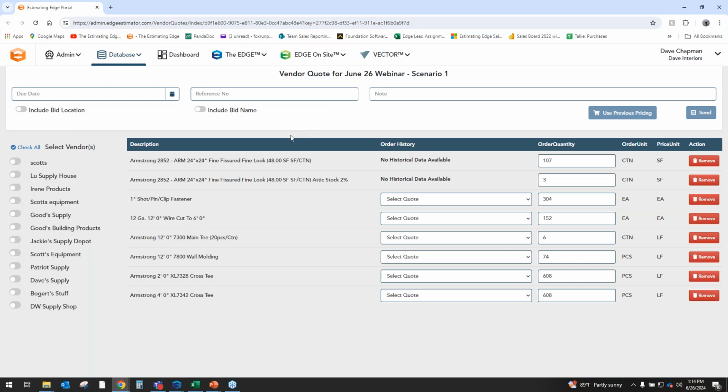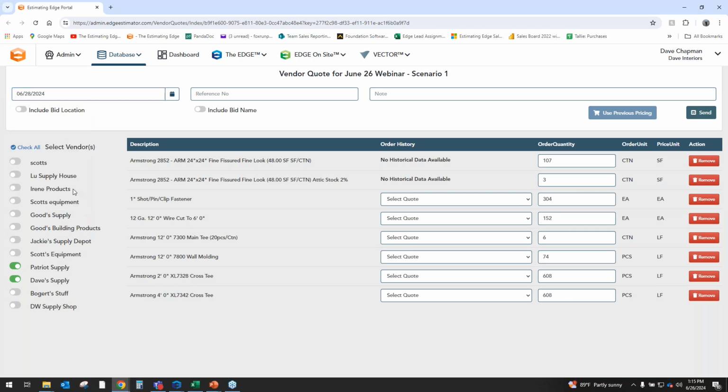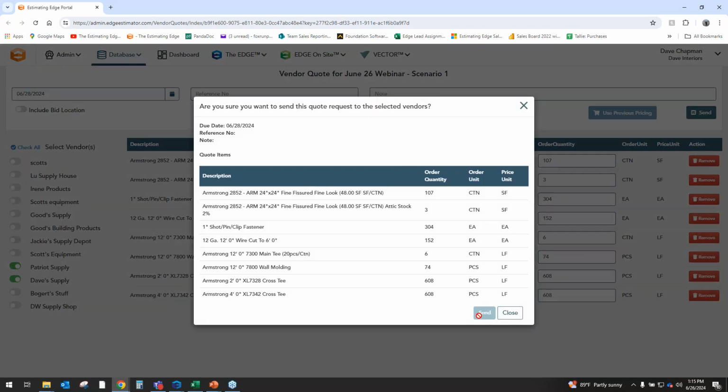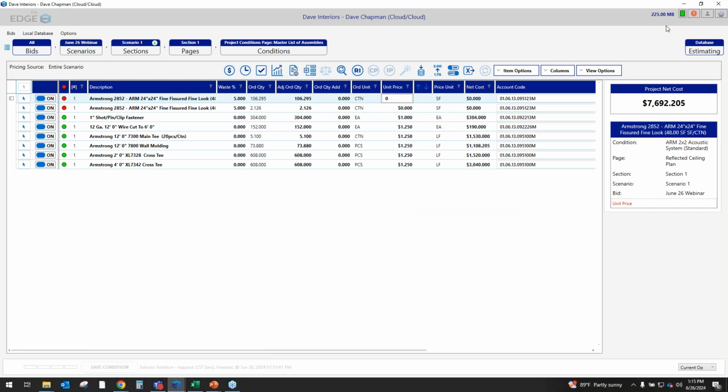I'm using Chrome at the moment, and this will allow you to select different suppliers that you want to get quotes from. Say, hey, I want to get quotes from these 2 suppliers, and I need the numbers by Friday. All right, you can send this out, hit send, boom, shoots an email to your suppliers. They get it, whether they're checking their mail on their cell phone or their computer or whatever, opens up a link for them to put in their pricing, sends it all back to the Edge job, and you'll be able to compare prices side by side, choose which vendor's prices you want, and boom, it'll preload right into the Edge